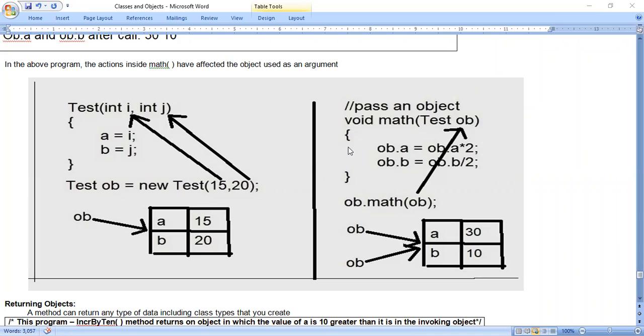So if we look at the diagram, wherever you consider the new keyword, you draw the memory representation. That is a new memory representation indicating an object is created. That means you have to draw the memory representation with respect to instance variables A and B and object ob. And wherever there is no new keyword, you should not draw a new memory representation. For the existing one only, you have to point.